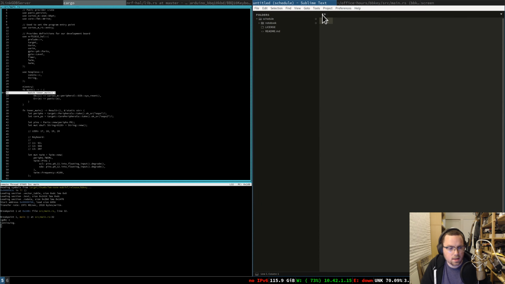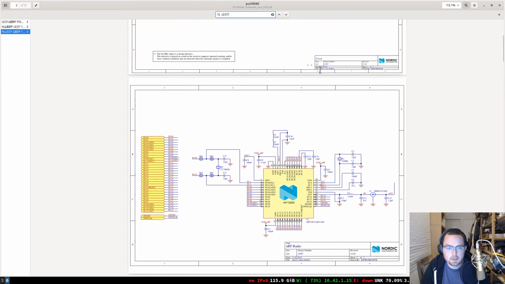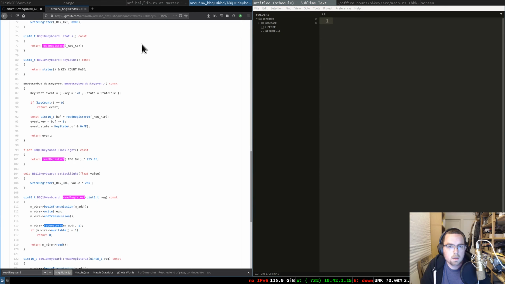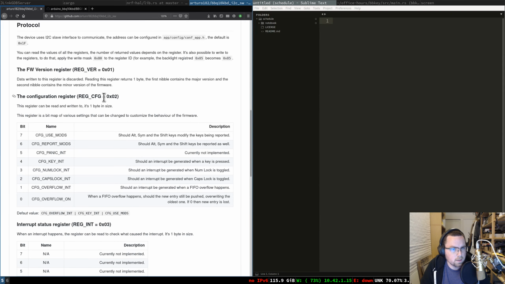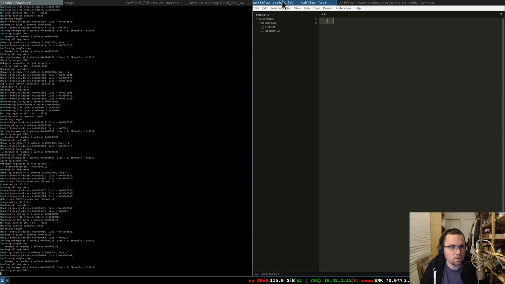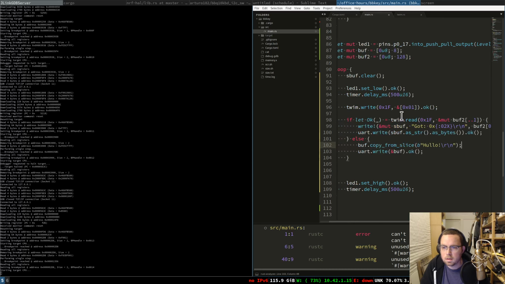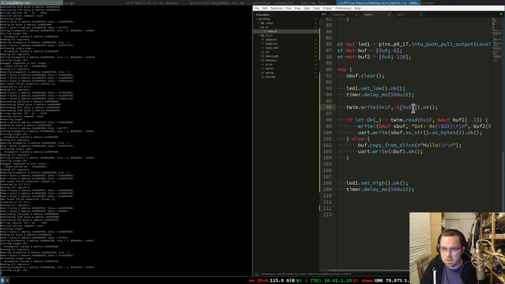What else can I read? There's probably a status register in here. Let me find some data that isn't 0. So the config register, so let's do 2, because this should be overflow interrupt, key interrupt, user modes. So it should have some non-zero values in there for me. So if I write 2,